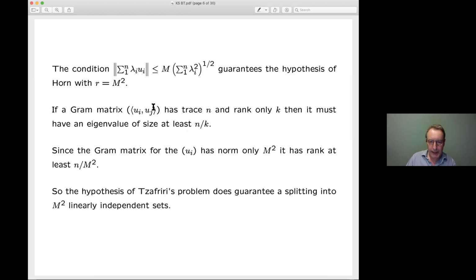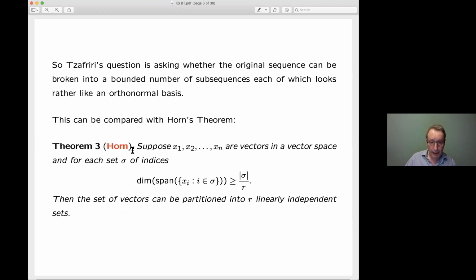And of course, this works not just for the full set of vectors, the full n vectors. It works for every subset of them as well. You can apply exactly the same argument to every subset and conclude that every subset has a subcollection of size at least whatever it is divided by m squared, which are linearly independent. They span a space of the right dimension. And therefore, you can apply Horn's theorem, and you can conclude that you can partition the vectors into linearly independent